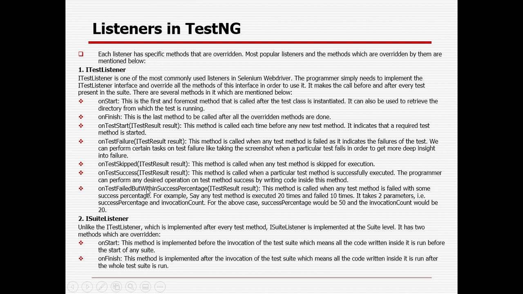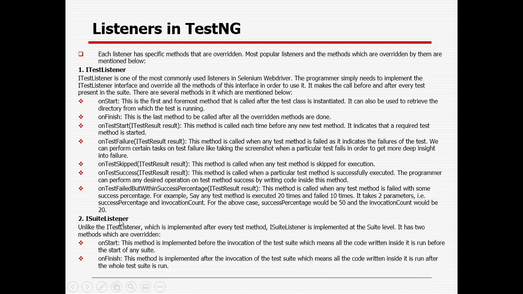So you can see that all these methods, which run at the test level and method level, also have a parameter, ITestResult, where I am declaring result. Whereas for the first two, we can have only context. I will show you how those are affected. So onStart and onFinish will be only class level.